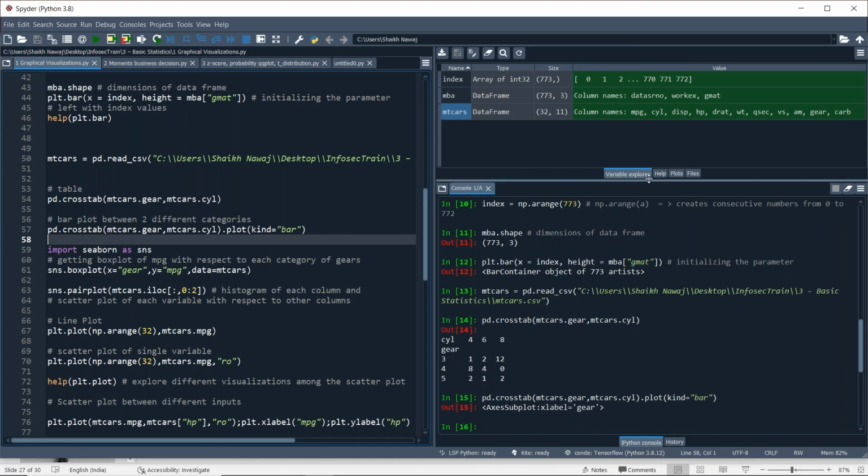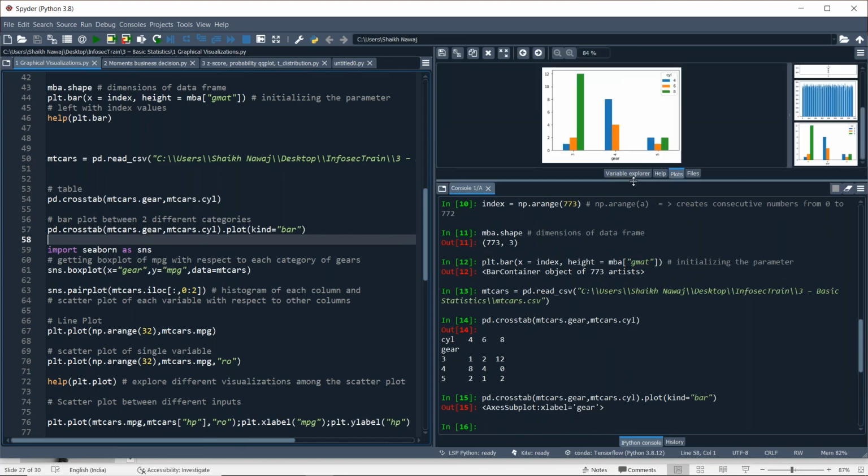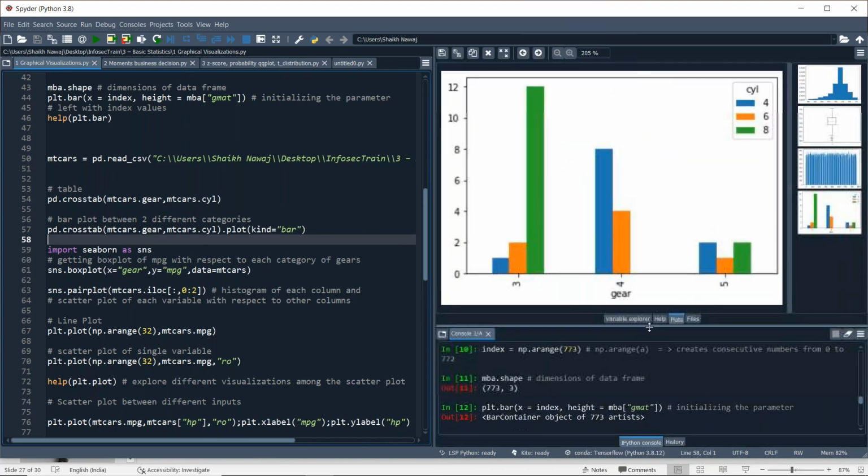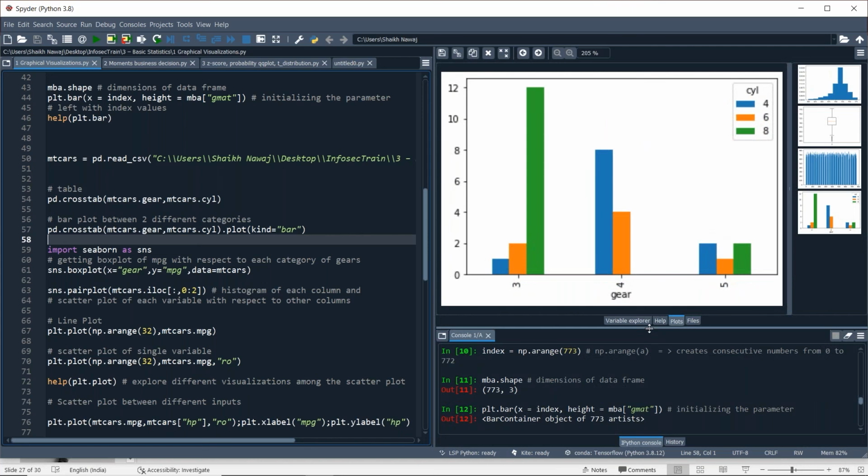Here you will see the bar plot of cylinders, the different numbers of cylinders, 4, 6 and 8, with gears. Comparing with gears means we are comparing two variables or two features in our data.